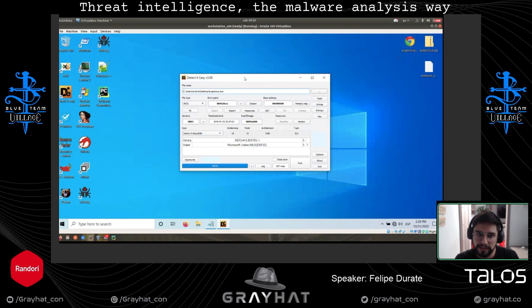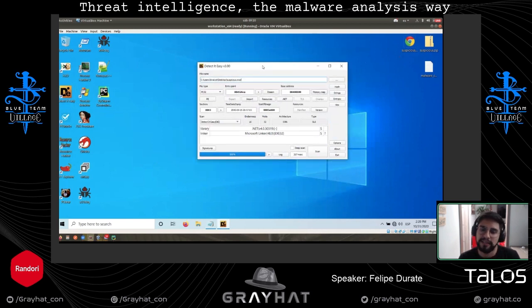Detect It Easy basically parses the PE file, and it provides you some information about the library, the linker, if it was compiled using C++, .NET, stuff like that. Also information about the resources, and also information about the entropy.